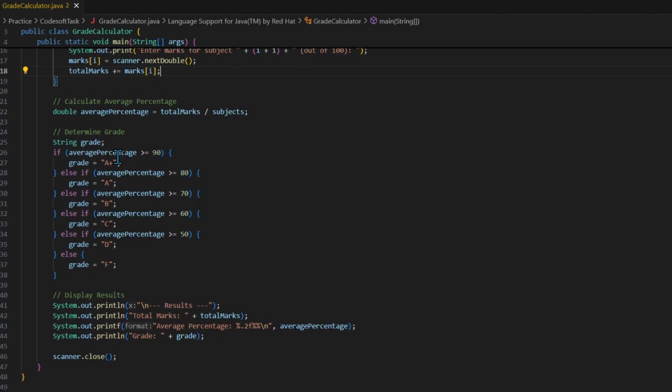Finally, after calculating the grade, the program displays the result. It shows the total marks, the average percentage, and the grade. The results are displayed using the System.out.println method, and the average percentage is formatted with two decimal places for better